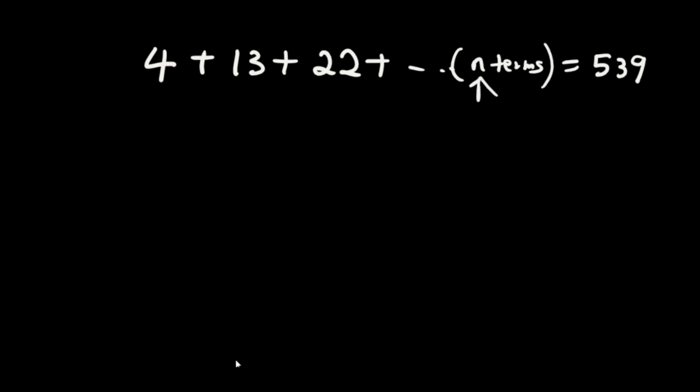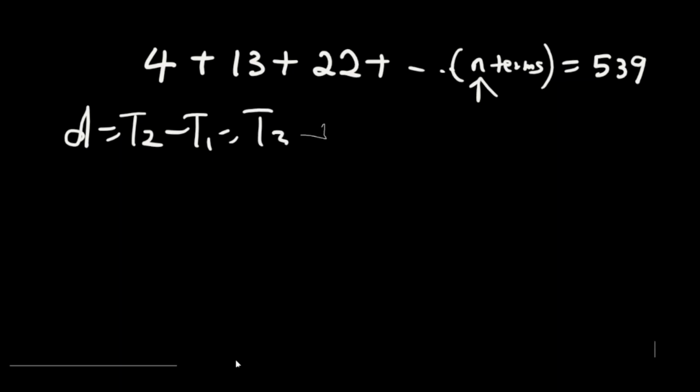So for us to determine the number of terms of this series, the first thing we need to do is to identify which series this is. Is it an arithmetic series or is it a geometric series? Let's first test for an arithmetic series. So we're going to say d equals t2 minus t1 equals t3 minus